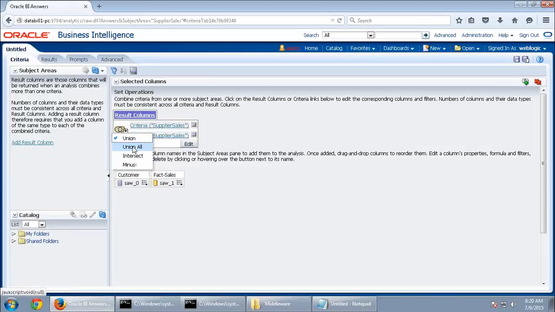Purely it like pastes. Set 1 it pastes, set 2 it pastes. Even if there is any duplicate, like in set 1 if I have a record like a particular customer name, McD 1000, and even in set 2 if it is coming, like first criteria I gave between 5,000 and 10,000, and second criteria 8,000 and 10,000. There can be a customer between 8,000 and 10,000. Suppose one has 9,000. Even in the first set it comes, second set also it comes. What does your union do? Your union displays that customer only once, but your union all displays the same customer twice.